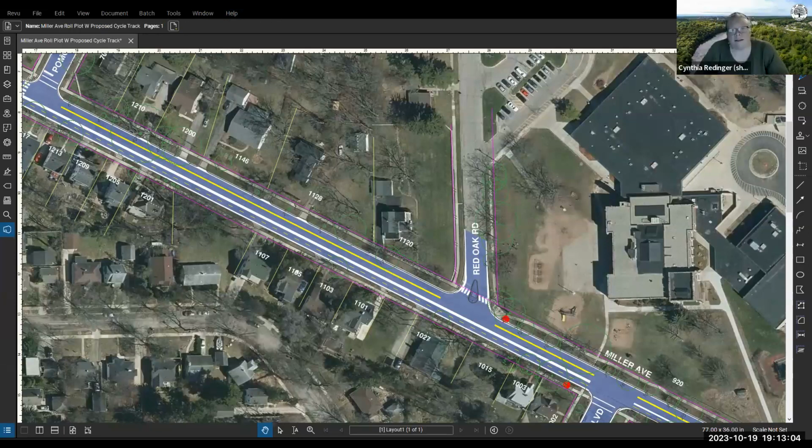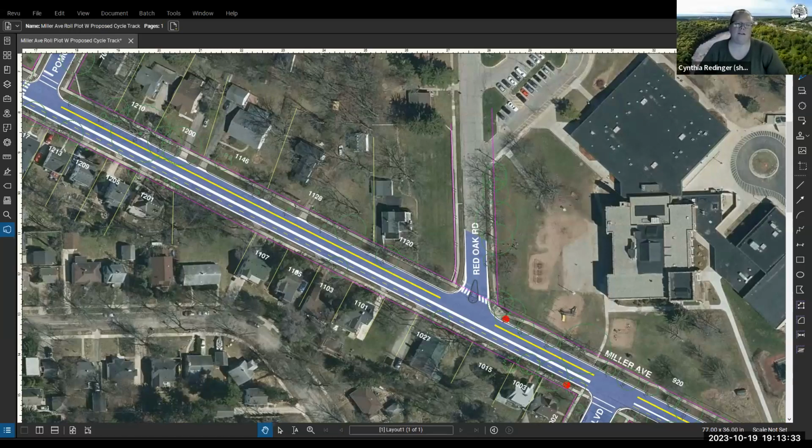When the city is designing bicycle facilities, we use the NACTO standards. So that's the National Association of City Transportation Officials. We also use the latest AASHTO, which is the American Association of State Highway Transportation Officials, and the Federal Highway Administration guidelines.